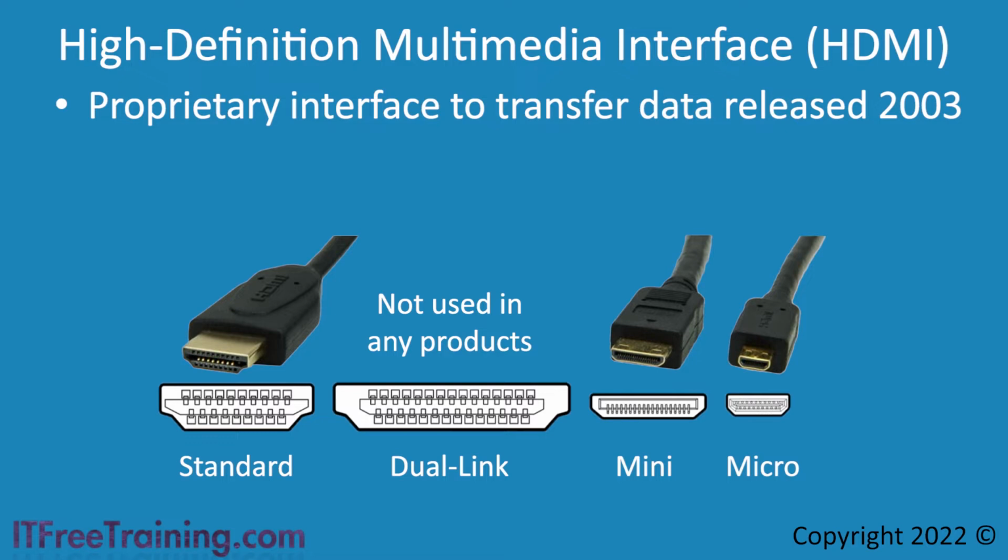Although potentially dual link could increase the bandwidth, this would also mean the addition of a different device connector. It seems logical that when you have a standard connector that can transmit a lot of data already, manufacturers did not see the need to complicate things by adding the dual link connector when the standard connector was performing well. As we will see later in the video, the standard connector bandwidth keeps increasing in speed, so I think it will be unlikely that we will see the dual link connector used in the future, but you never know.